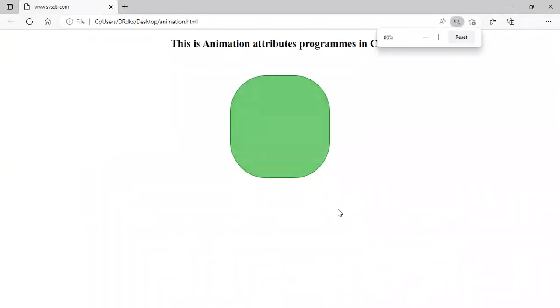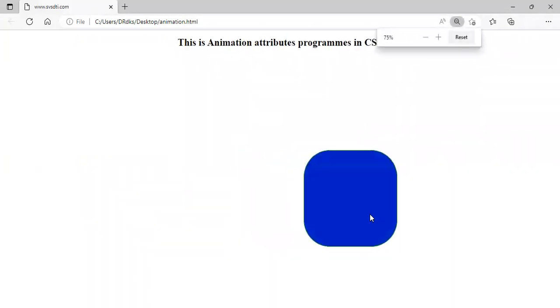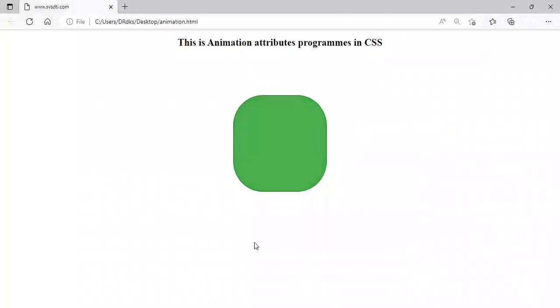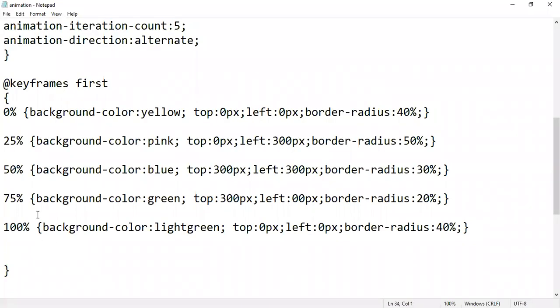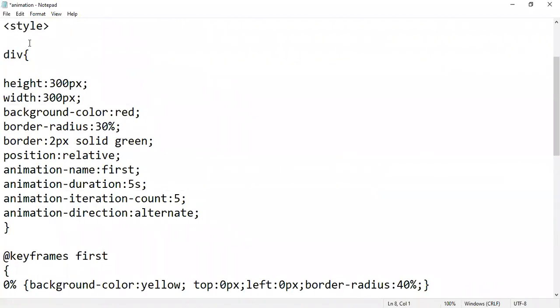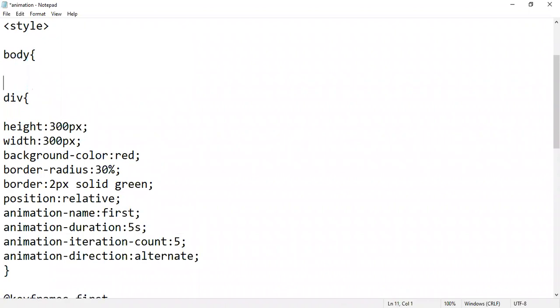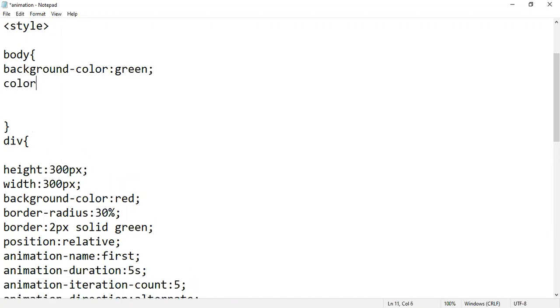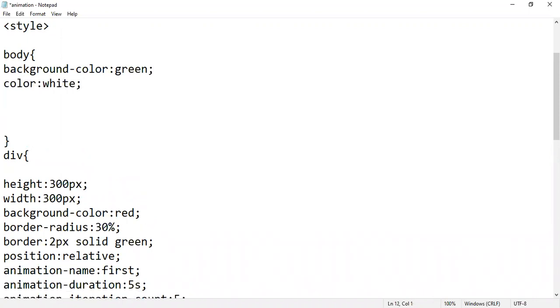Is it visible to you? Yes, sir, it's visible. Okay, so this is the particular animation, and if you want to give the background color for that, you can also make the outline of this particular box by using the body attribute. Just move on the body here and type body, and use the body attribute. Type here body background color will be, just type yellow or green, and color will be white. Close this bracket